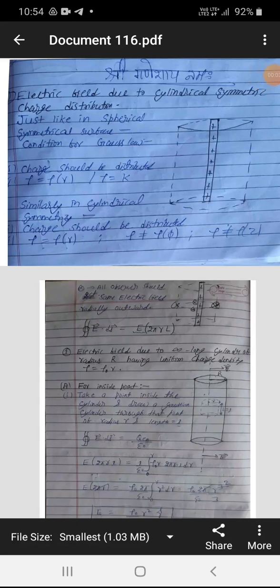Hello. So, today we will talk about electric field due to cylindrical symmetric charge distribution. So, last class we talked about